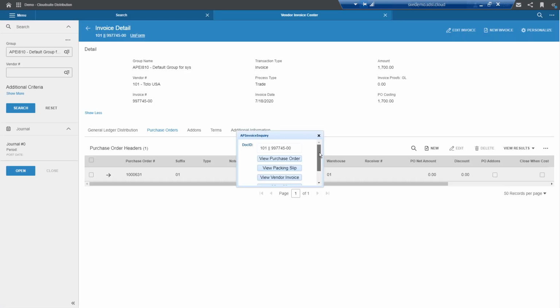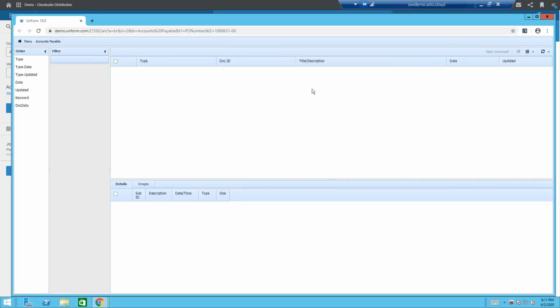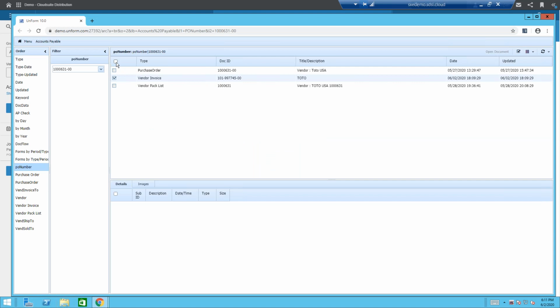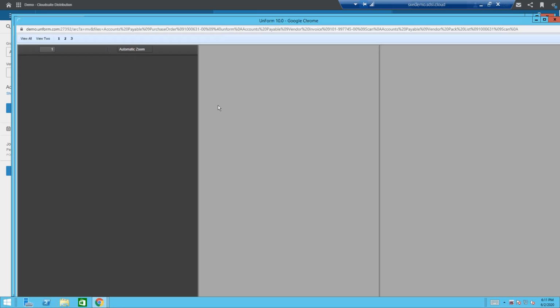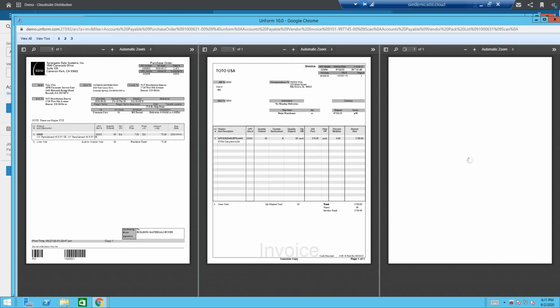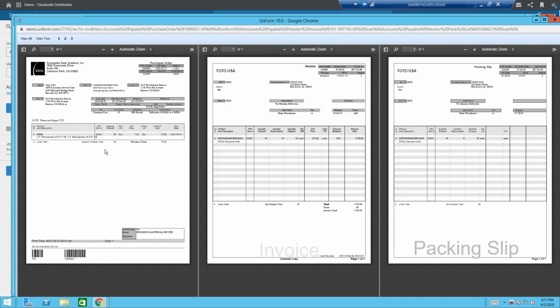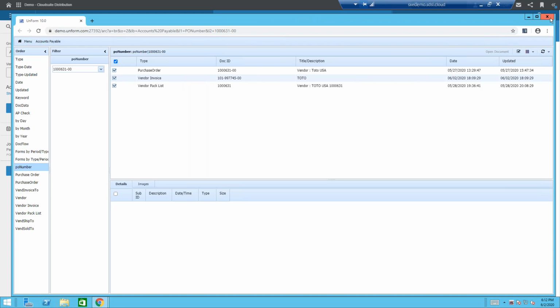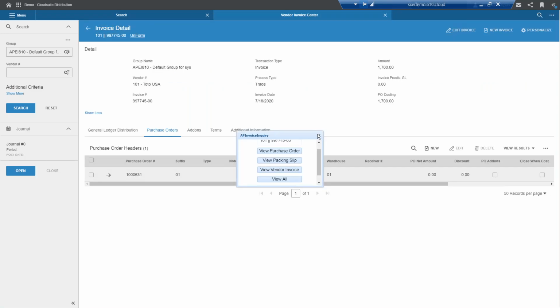So if we take a look with our Chrome web extension, I can easily launch from here. And what it's going to do is pull up all the documents associated with that transaction. This is in the UnForm archive. Again, it's in both IDM and archive. So I'm able to retrieve all those documents directly from there. So in this example, if, once it hit AP Invoice Center, it failed the three-way match, you've got access either through IDM or through the UnForm archive to all the documents you need to be able to resolve that